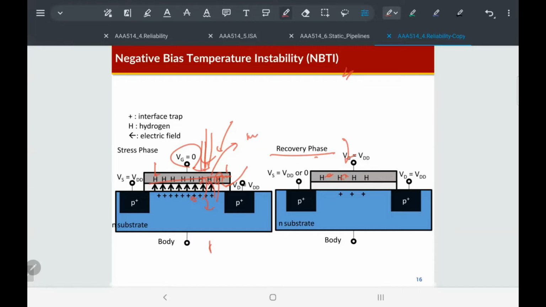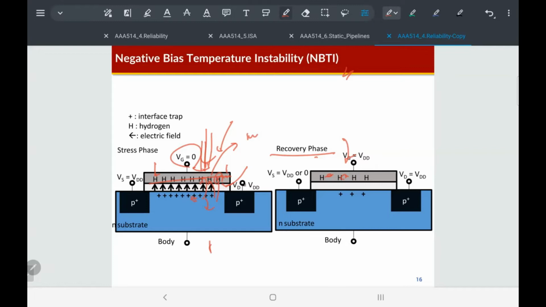Okay, so this is the negative bias temperature instability. It's not easy to explain because we are not experts in semiconductor devices. It's a kind of material engineering or physics area. So it's not easy to explain, but we can say that when these PMOS transistors are used for a very